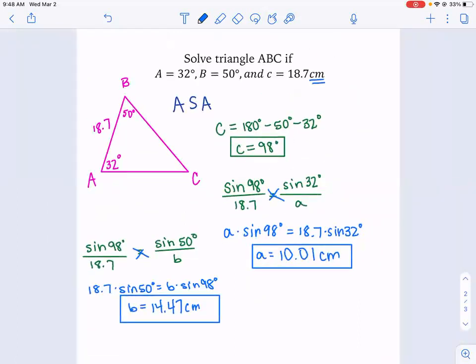Okay. On the quiz Tuesday, every triangle that you solve, I better see a picture, I better see setup, and I better see answers that I can find. So you're going to circle them or you're going to box them so I don't have to dig through your messy work. Some of you are very organized with your work and some of you are not. Okay. So if you can highlight your answers in some way,